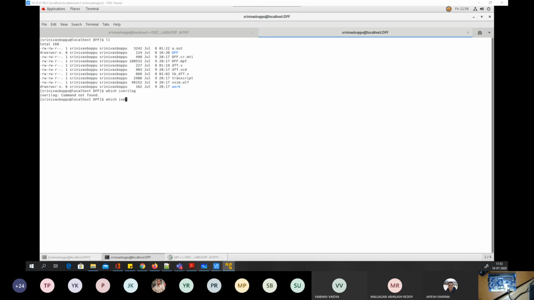So everybody should be able to download this iVerilog. If it is Ubuntu, you just need to type sudo apt-get install iverilog and gtkwave. That should do the job. You don't have to do much. Then, assuming that is done,